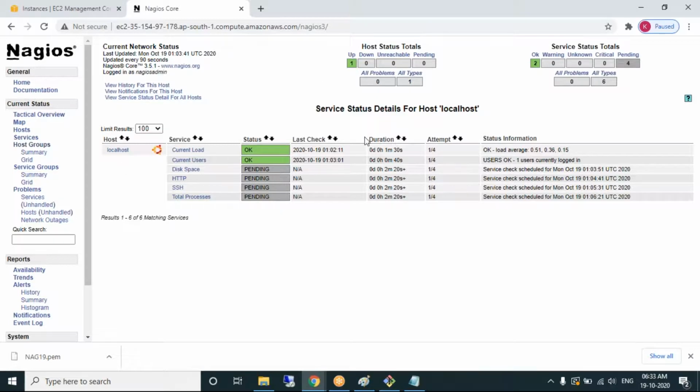So this is how the Nagios dashboard looks, not much updated, not like the latest tools, but this is how we can get the dashboard of Nagios. Is this live tracking? Yes, it's live. Currently one user is connected to this machine, so it is also showing the current number of users connected. If you wait for some time, Prashant, it will calculate the disk space and show you how much disk space is available in the machine in which we have installed Nagios.